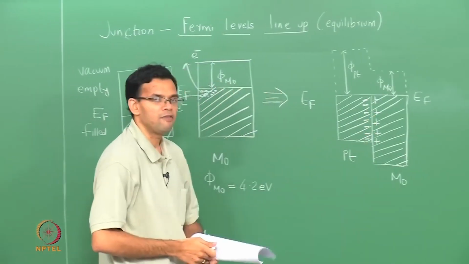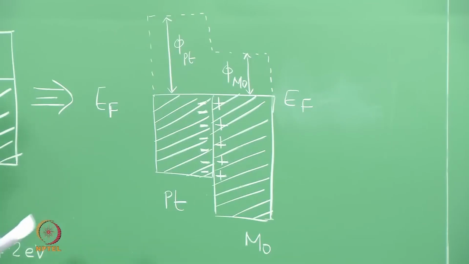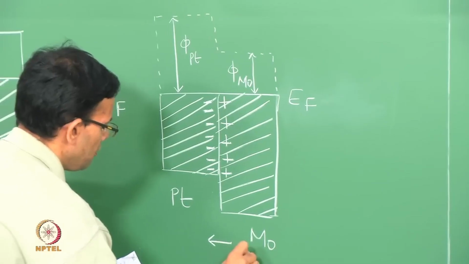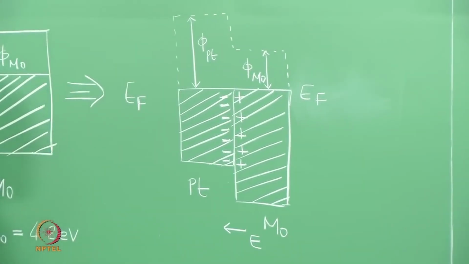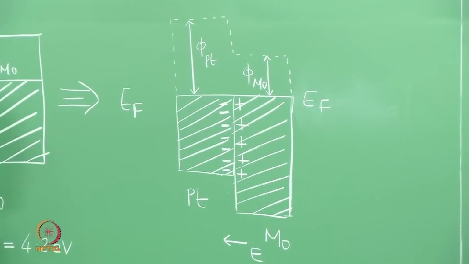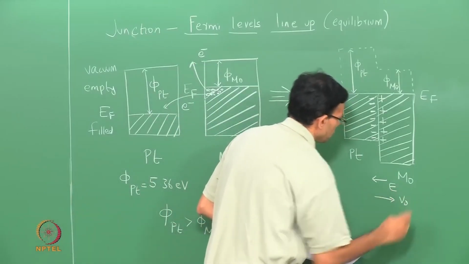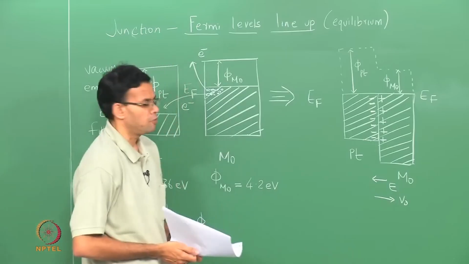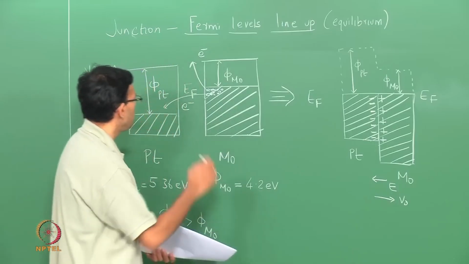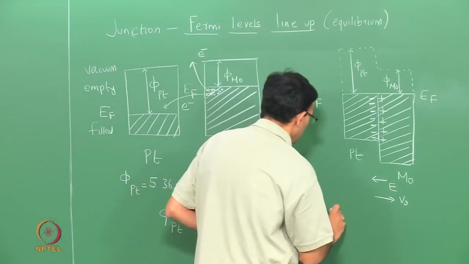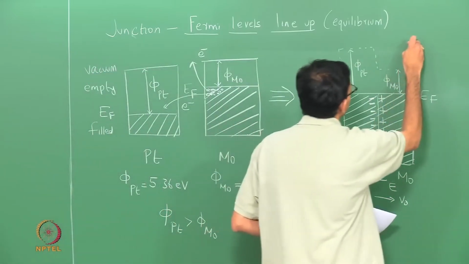So, because you have this positive charge and negative charge, there is an electric field E. The field goes from positive to negative, and there is a contact potential. And potential goes from negative to positive. This contact potential V naught is equal to the difference between the work functions. So, E V naught, let me write it here,